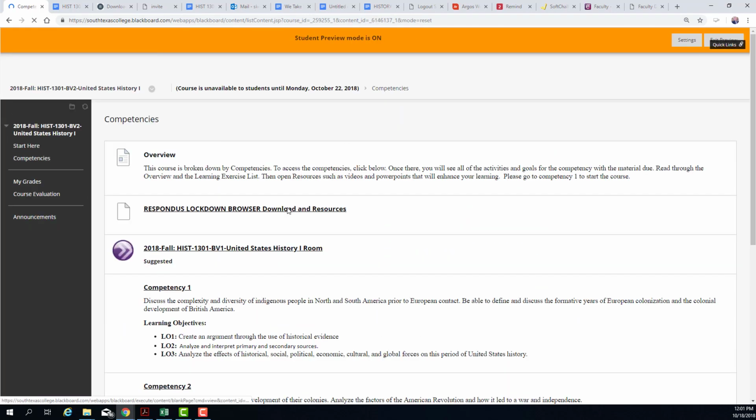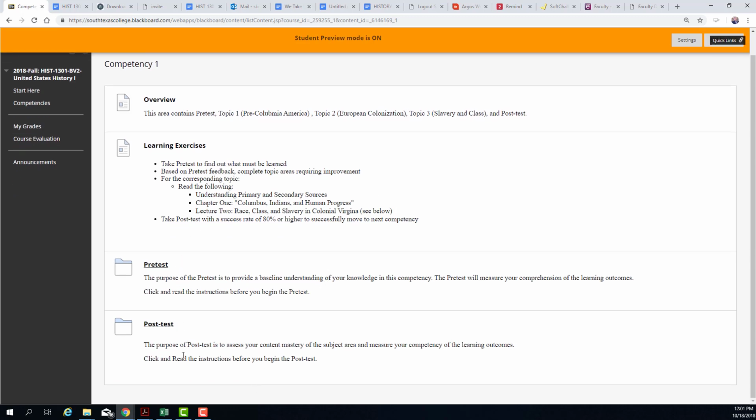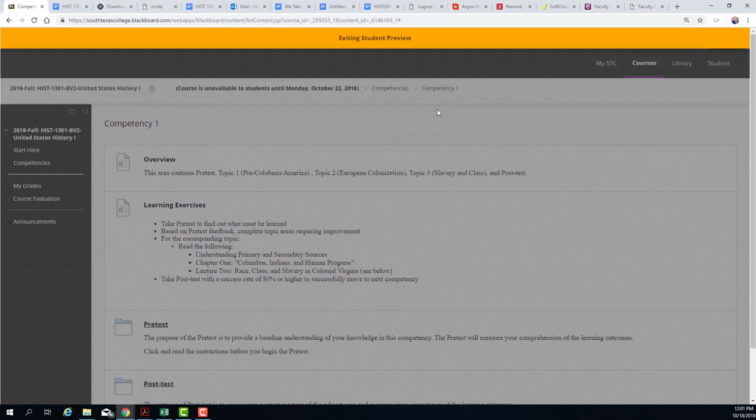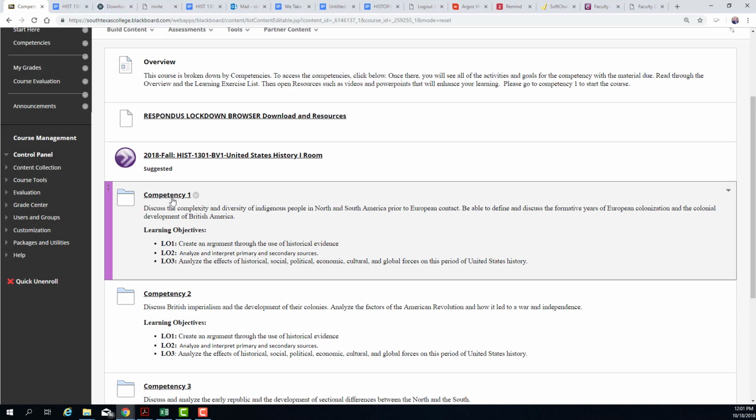When you come into the competencies, this is basically all you will see right here, and you won't be able to take the post-tests until you take the pre-tests. So let's get out of this. And then you'll be able to see, once you've taken the pretests, what everything will kind of look like.